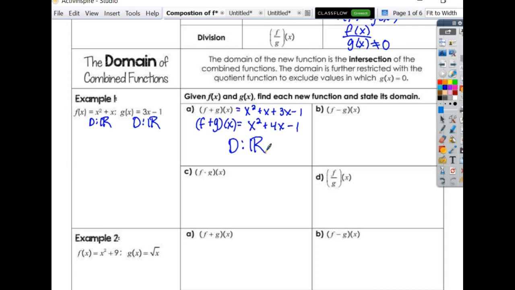And so I know a parabola has x squared. It has all reals. So here I'm going to subtract. The f has to come first and then the g. So I'm going to have the f, which is x squared plus x, minus (3x minus 1). So why did I put the second one in parentheses? What do I have to distribute? The negative sign. So when I do that,